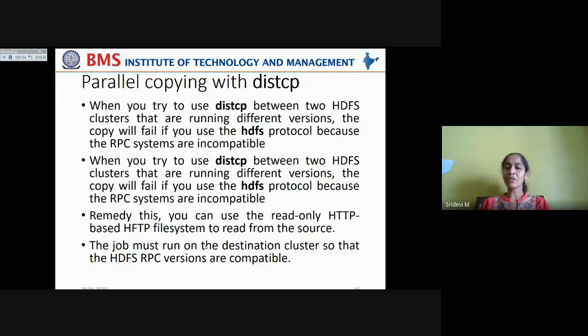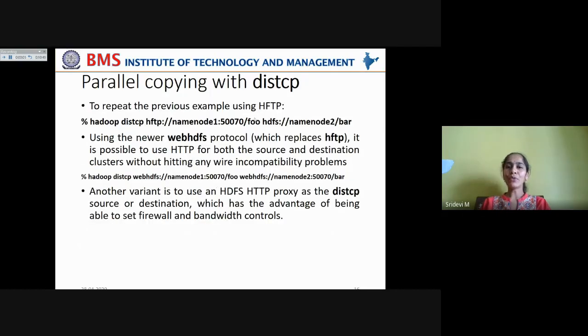Now the job must run on the destination cluster so that the HDFS RPC versions are compatible. In this case, the HDFS RPC versions will be compatible, so the job must run on the destination cluster only. Now, if you want to do this with the previous command, you can rewrite the command like this: hadoop distcp.